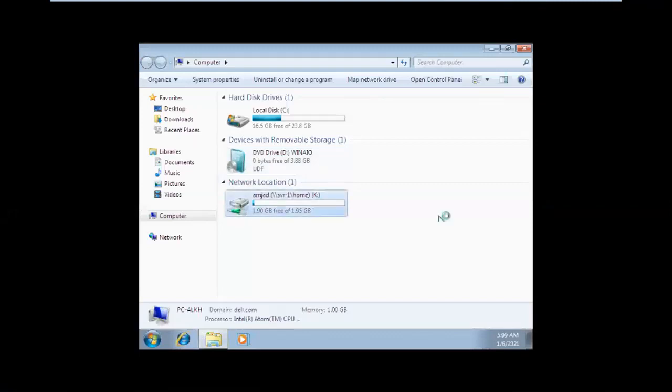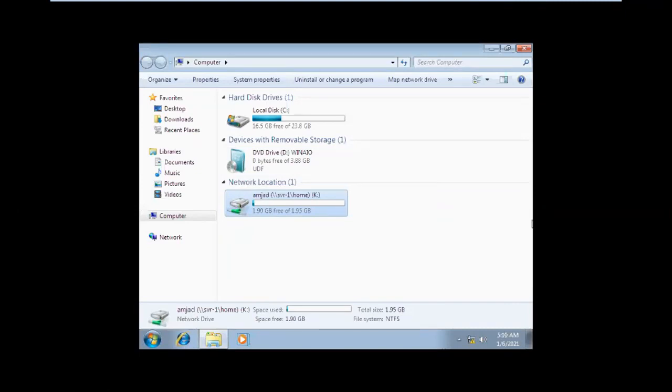See here, what is the size of the home folder drive? The same 1.95 GB, sir. So what is showing, share folder space or drive space? Drive space is showing, sir. Drive space, okay. 1.95 GB, the same thing is being shown there.